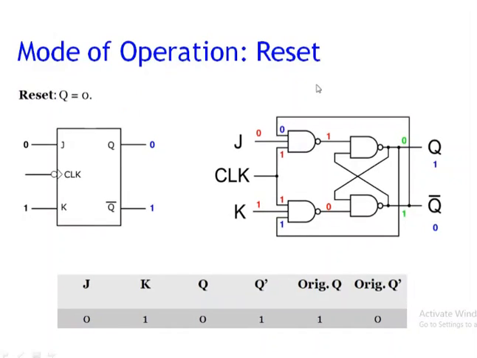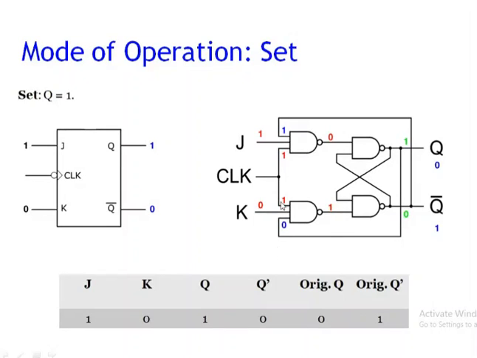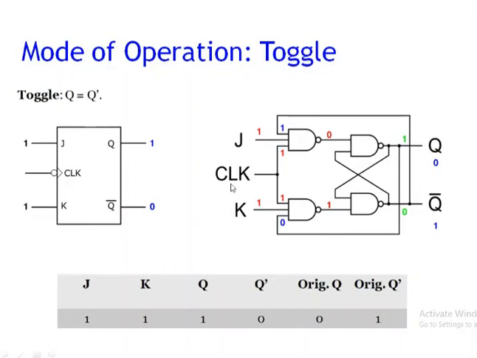Now the reset state, 0 1 combination. Now if it is 0 0 1, if it is 1 1 1, triple 1 into, due to the NAND gate you are getting a 0 value. You can apply this input here. You can easily see here you are getting 0 and 1, that is a reset state, and the set state. And this is toggle. I'm talking about this toggle condition.